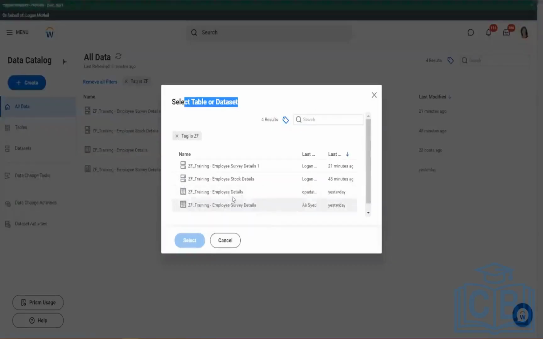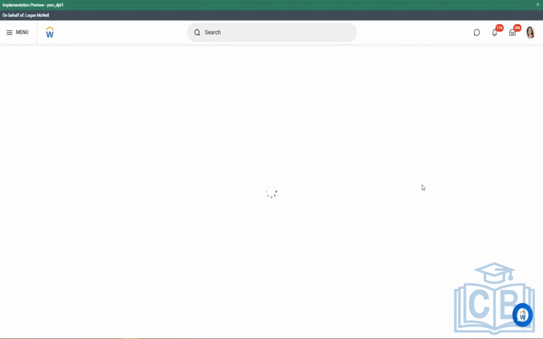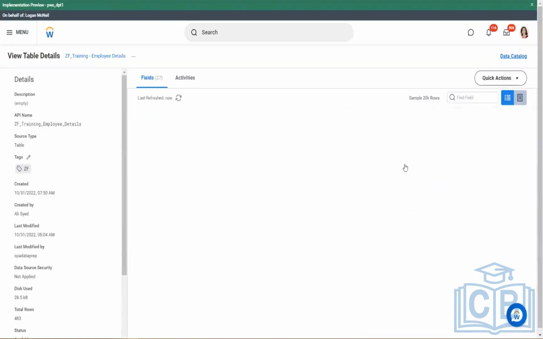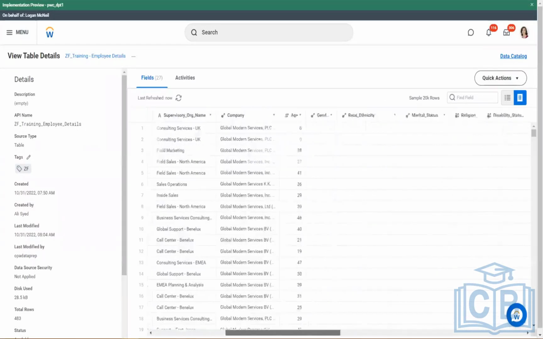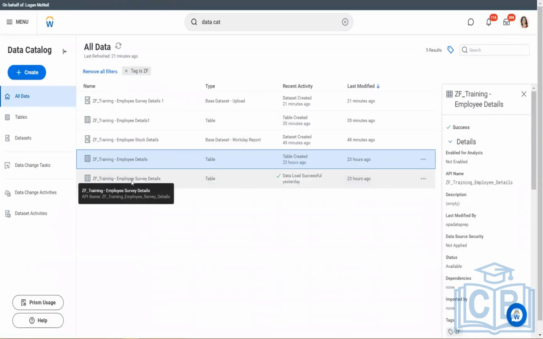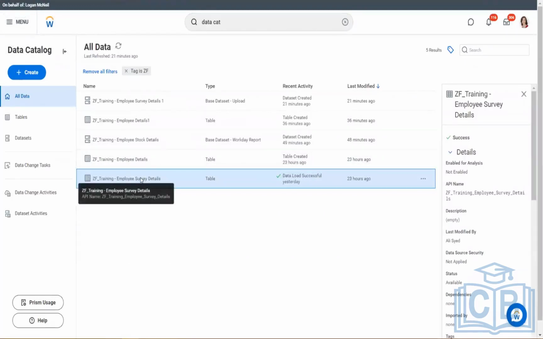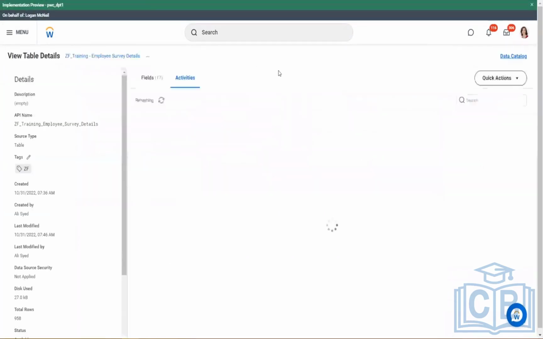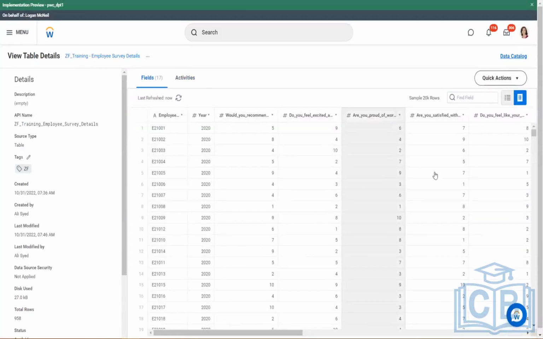If you remember employee details, this is my table wherein I created this table and read it through a custom report, and this has the basic employee details, their gender, their nationalities, and so on and so forth. The second data that I have is the employee survey details. The third data that I have, I also created through a custom report. When I look at the data, it has the survey results